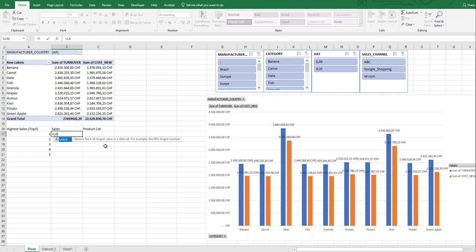We will use the large function. So I look for the array, and then I need the highest. I need to fix the range, and then drop down the rest. These are just numbers, but I also need to know